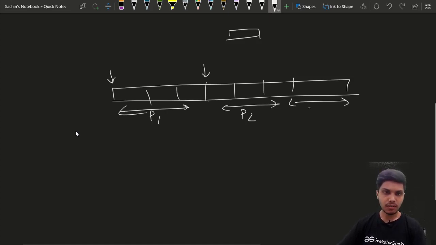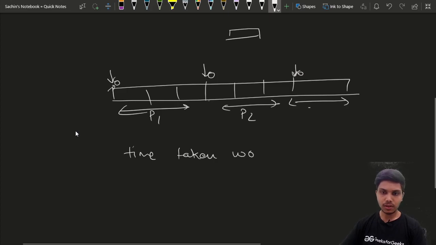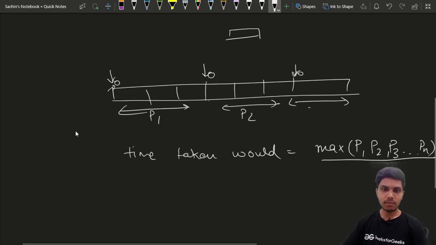That means they will all start painting at time 0, and the time taken to paint the whole house would be equal to the maximum time taken by any painter. So this would be the time taken to paint this board.